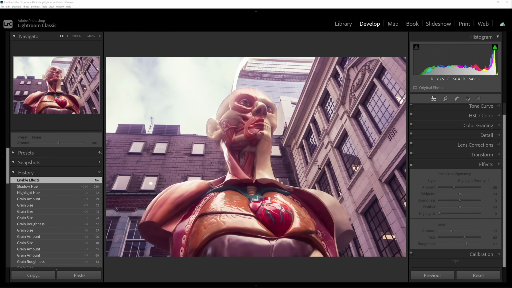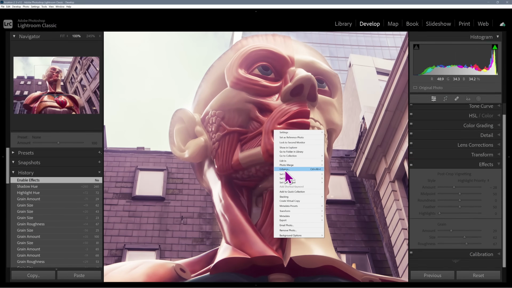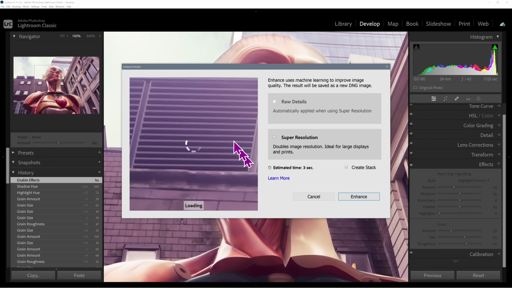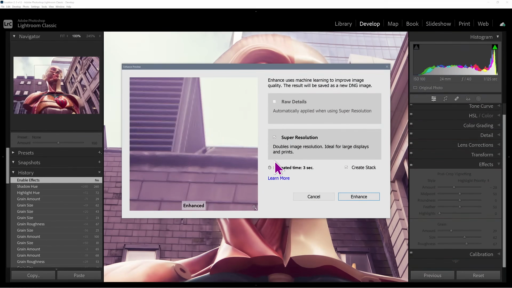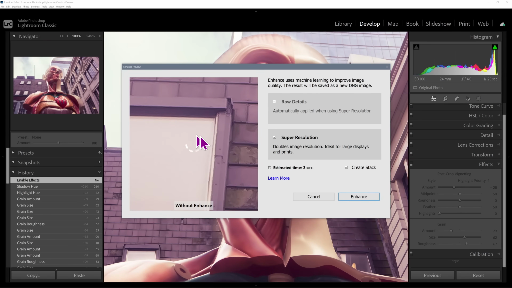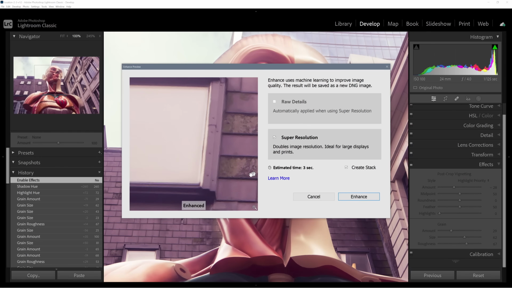Now, in the past, Lightroom Classic did not make a huge amount of use of the graphics card. However, in recent times, we've seen the inclusion of things like enhanced details, which allows you to double the size of the image, double the resolution. This is something that absolutely does use the graphics card a lot. And as you can see, this is something that with a very slow system might take about a minute to perform. On this PC, it actually takes